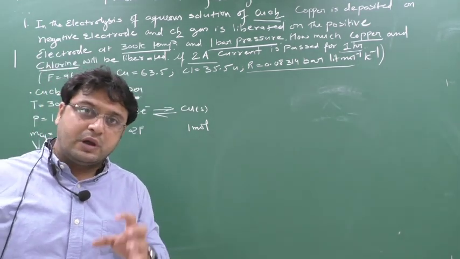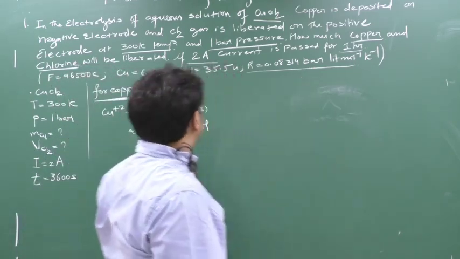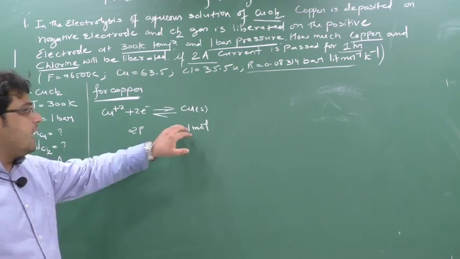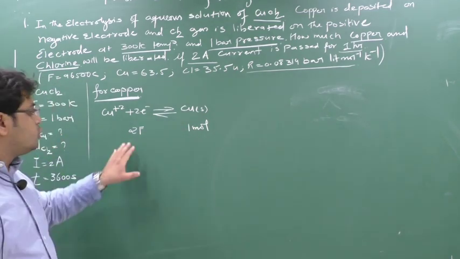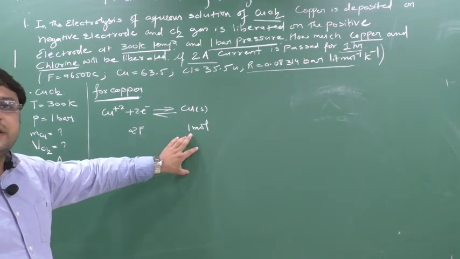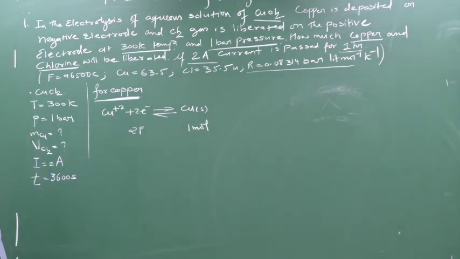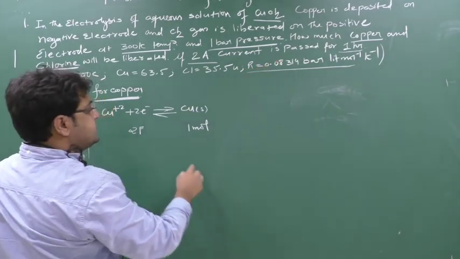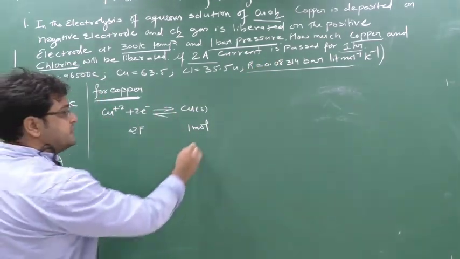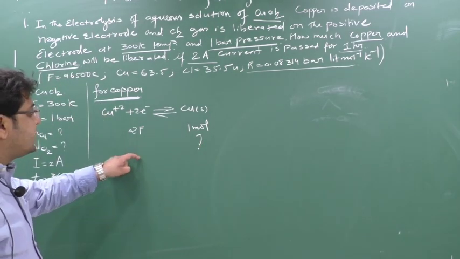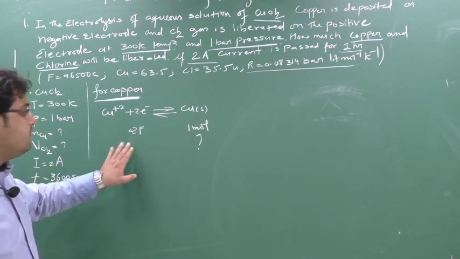So this Cu plus 2 I want to deposit as copper, no? So this Cu plus 2 has to undergo reduction. It will gain 2 electrons and form what? Cu solid. So when I supply 2 Faraday, how many moles will I get? I will get 1 mole of copper. Now I have to determine how much copper, means I have to determine the number of moles of copper. So in the question, what do I have to determine? I have to determine the number of Faradays.